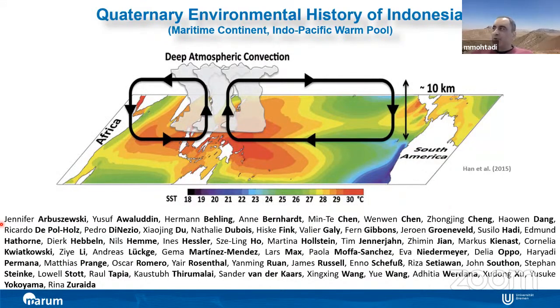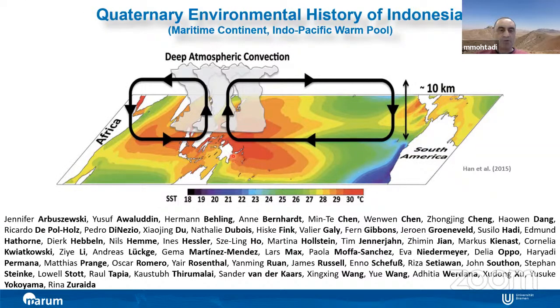Thank you very much. I hope you can hear me and see my screen well. Yes. Right. So the title that was given to me was Quaternary Environmental History of Indonesia. I would have preferred Maritime Continent, which would include also Malaysia, Timor-Leste, Papua New Guinea, and obviously Northern Australia. Or even better, the Pacific Warm Pool, which is basically the area indicated on this figure,